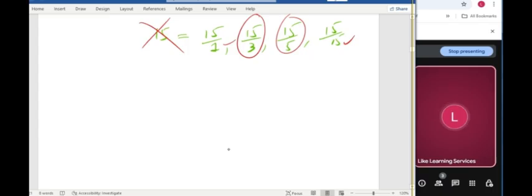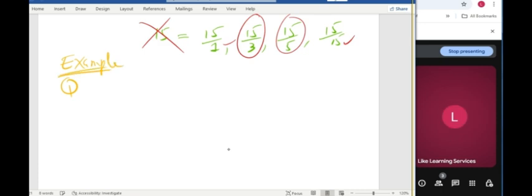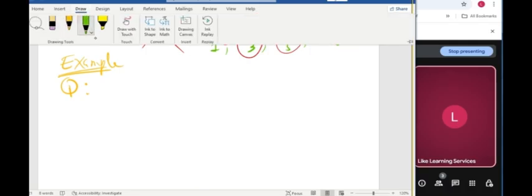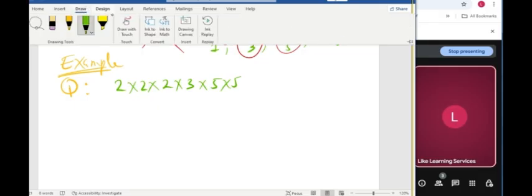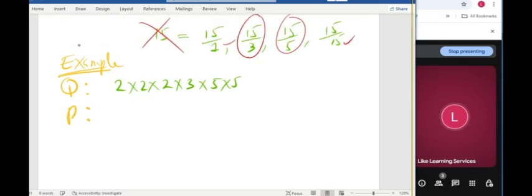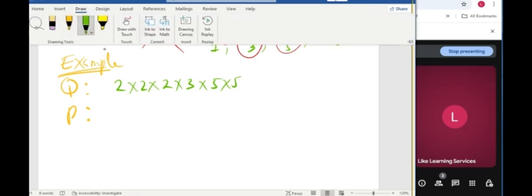Assuming I have a number Q. Let's take another example. Are you ready? We have a number Q whose factors are 2 times 2 times 2 times 3 times 5 times 5. You can even get what the number is. Then we have another number P whose factors are, make sure you're paying attention now,